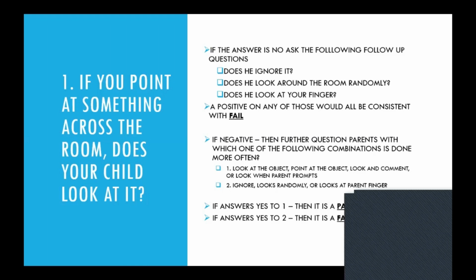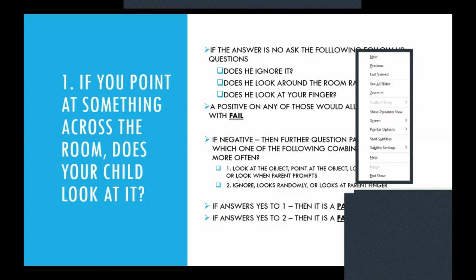So number one, if you point at something across the room, does your child look? And if the answer is no, then that's considered a fail. But your follow-up question is going to be more, does he look? Really just verifying. Does he really not look? Is he looking at the object? Is he pointing at the object? Is he saying something? Is he looking in the direction? Or is he totally ignoring you, looking around the room, looking at his fingers, not really having a clue of